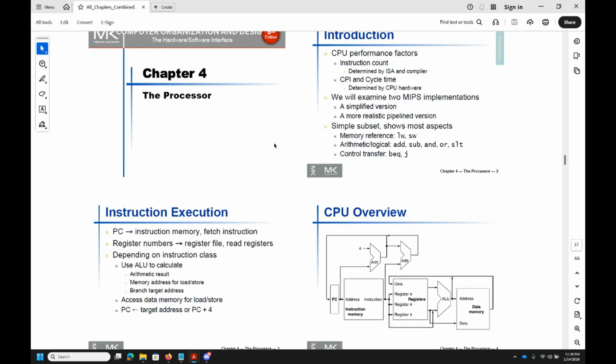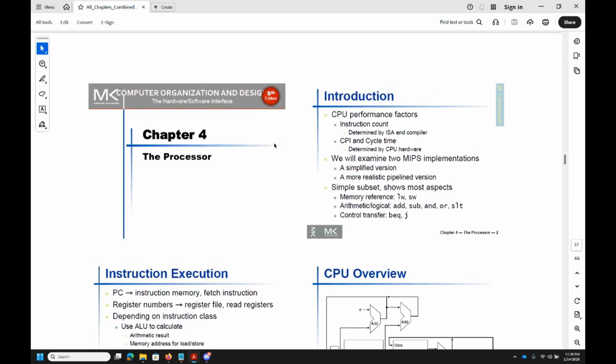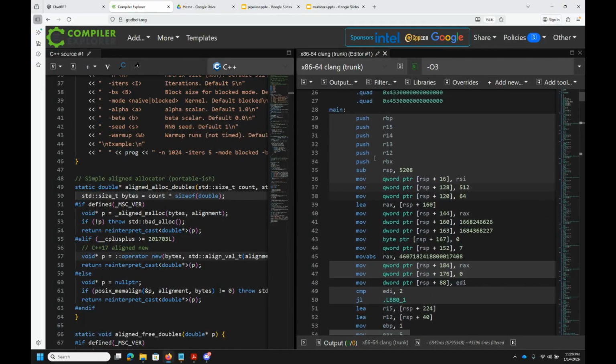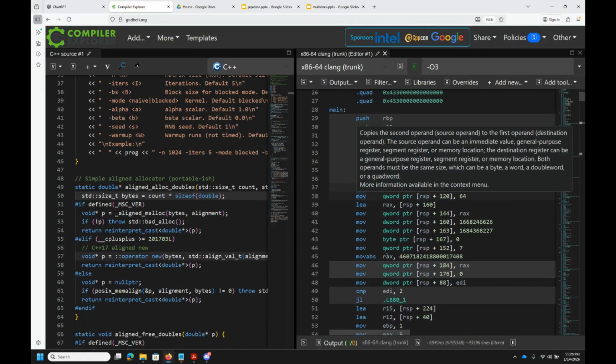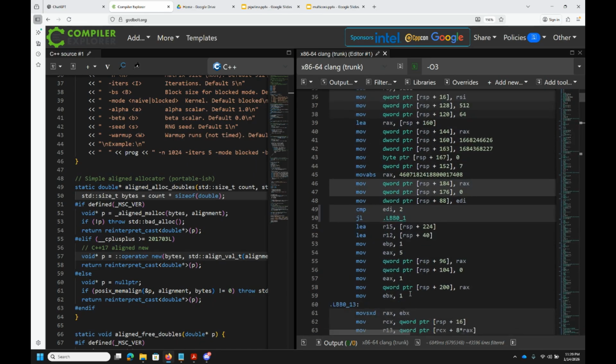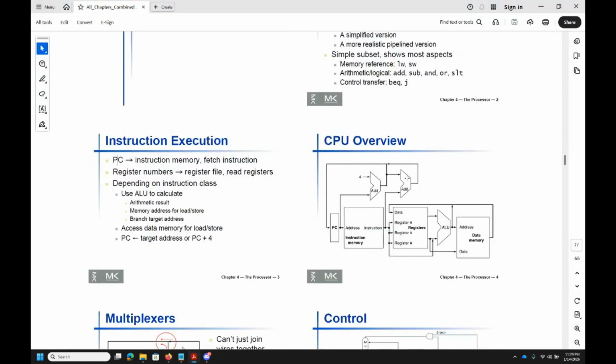So here we'll take a look at something called the MIPS architecture because it's very simple and easy to understand, right? So, instruction execution in a processor. If you have a processor, basically how do instructions execute? And by instructions, I mean each of these: move, push, move, sub, whatever. All of these instructions have to execute one by one at the end of the day, right? So how do they execute?